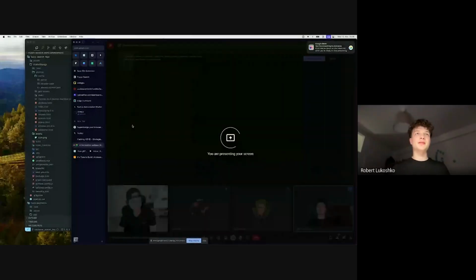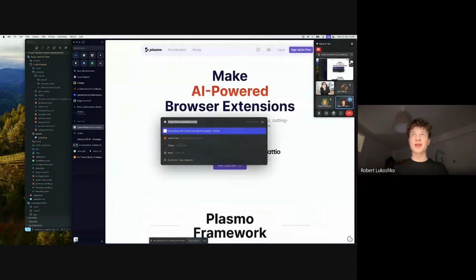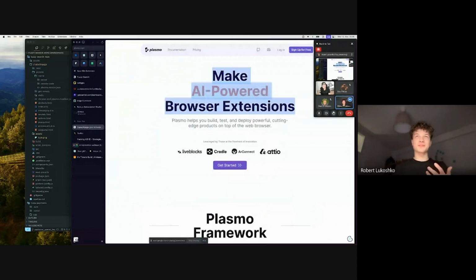The idea is that I want to build extensions as fast as possible. For this, I use Plasmo. They present themselves as Next.js, but for Chrome extensions. It allows you to build a Chrome extension super fast using React components.